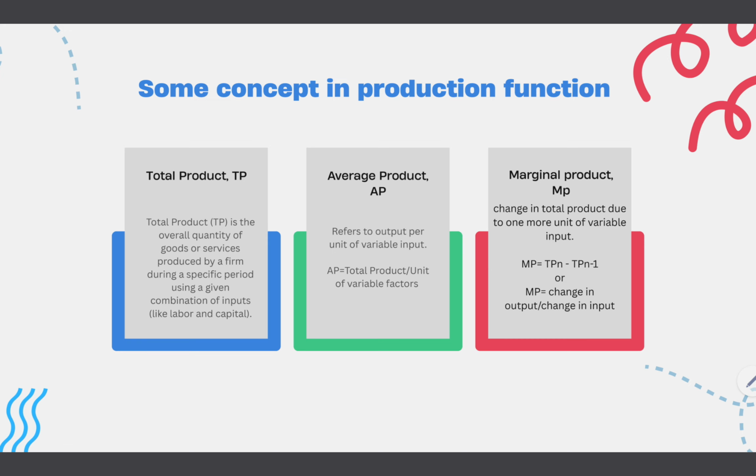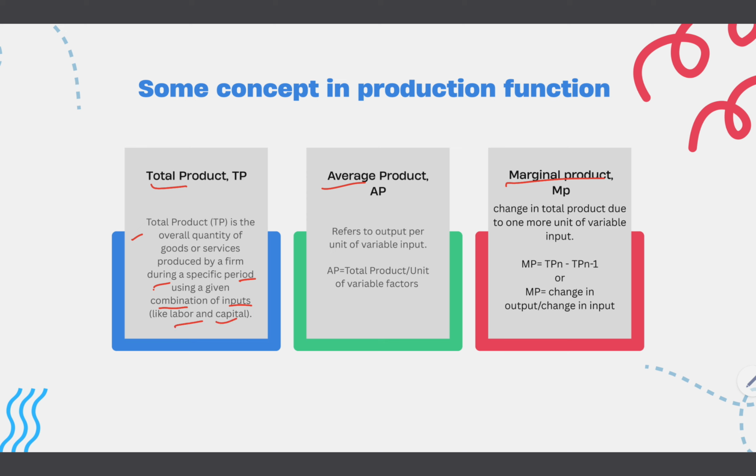Then let me tell you some concepts related to the production function. One is total product, another is average product, and another is marginal product. And what is total product? Total product is the overall quantity of goods or services produced by a firm during a specific period using a combination